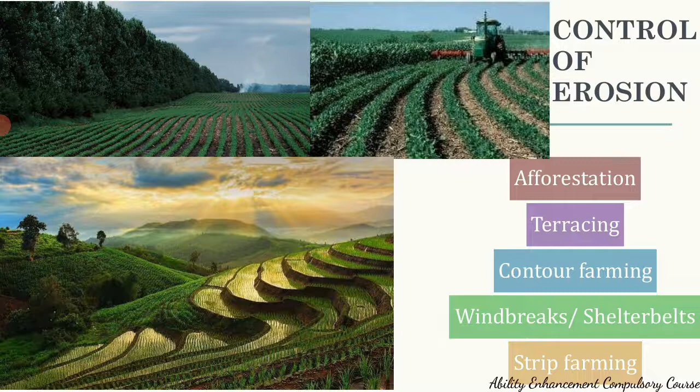And we also have strip farming. Strip farming is again where the farmland is divided into long strips which are alternated. Especially if you're doing crop rotation, each long strip will have a different plant growing over there. So this again is a system which is acting as a natural dam and is making sure that there is no water runoff. So these are the different farming strategies, and generally afforestation is the best way to control soil